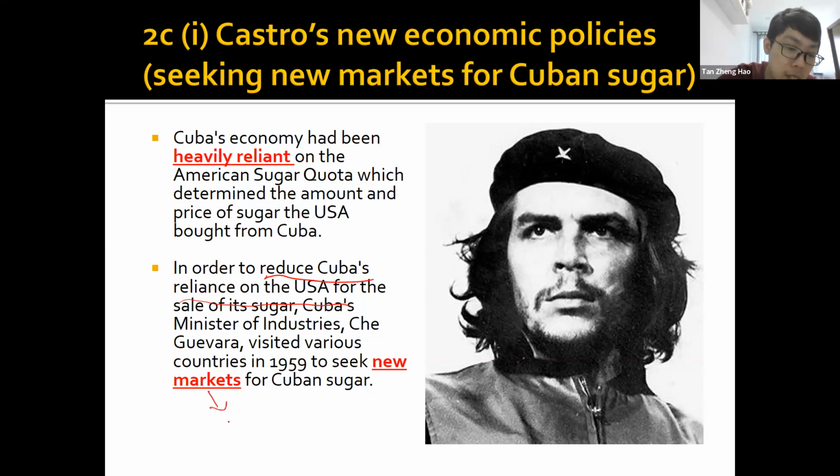new markets. To seek new markets, you can think of it as you want to find new buyers for Cuban sugar. They will pay Cuba a fair price. Because when America bought all this Cuban sugar, they got to sell some of it to the rest of the world. So instead of selling it through America and letting America keep some of the money, why not try and sell it directly to the rest of the world? That is basically what Castro is trying to do, to bypass America. Make sure America, I don't need America anymore.